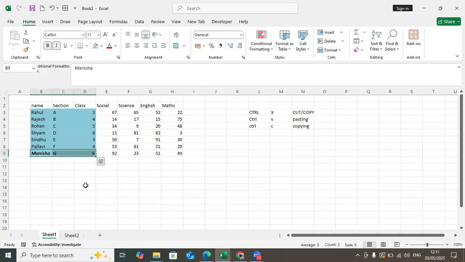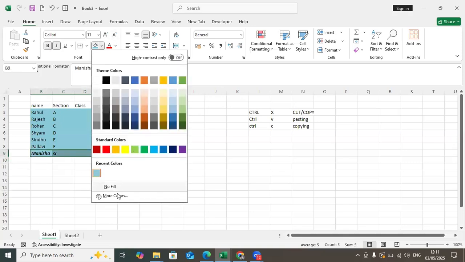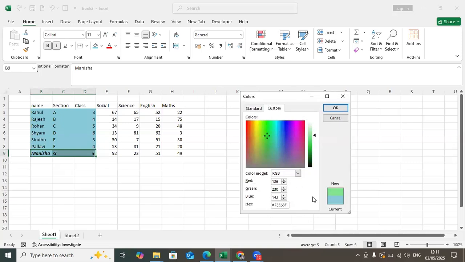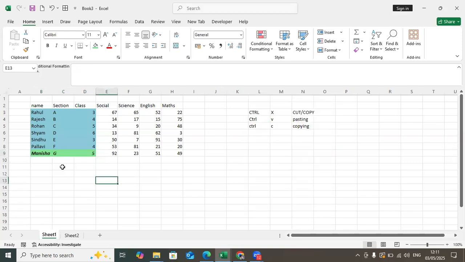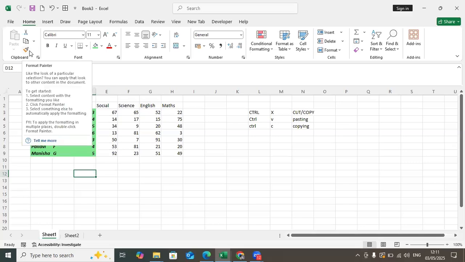It is in the italic format. And this is in some other color. Again, I'll change the color to, okay, this color. Again, what I'll do, I'll copy, I'll paste it. See, everything is italic, everything is bold, everything is in green. This is one of the functionality of